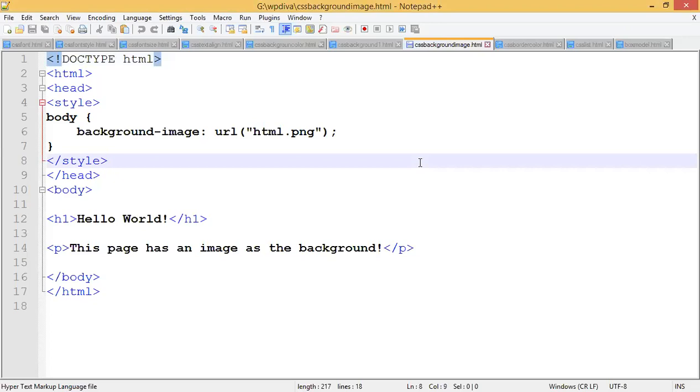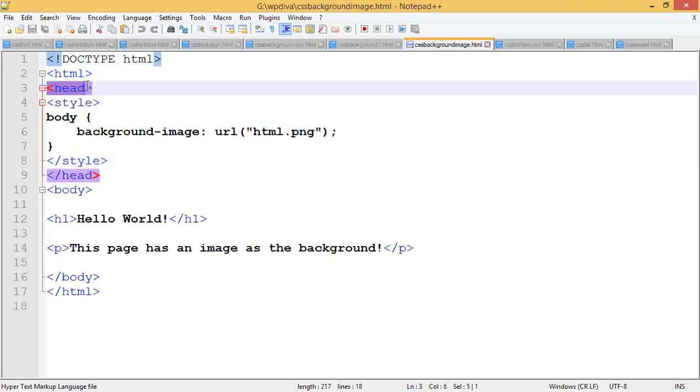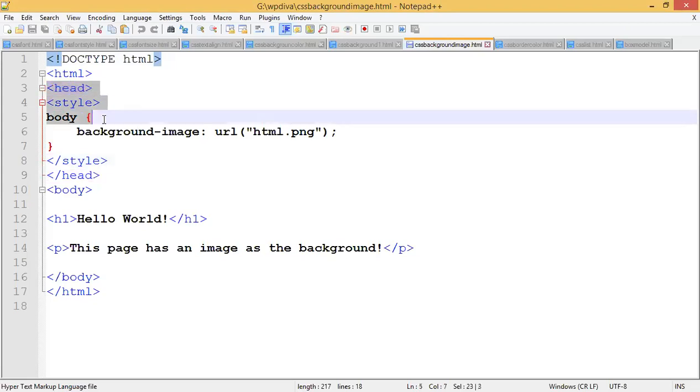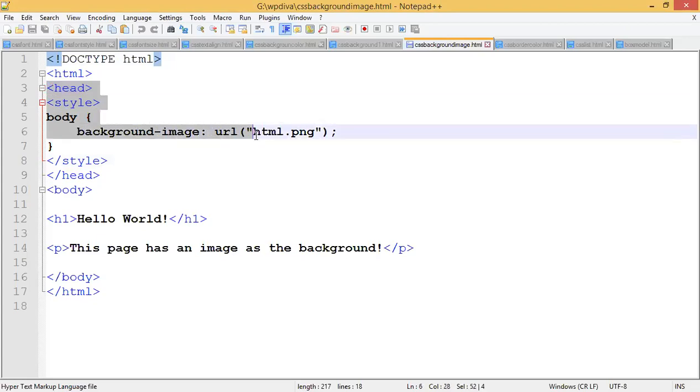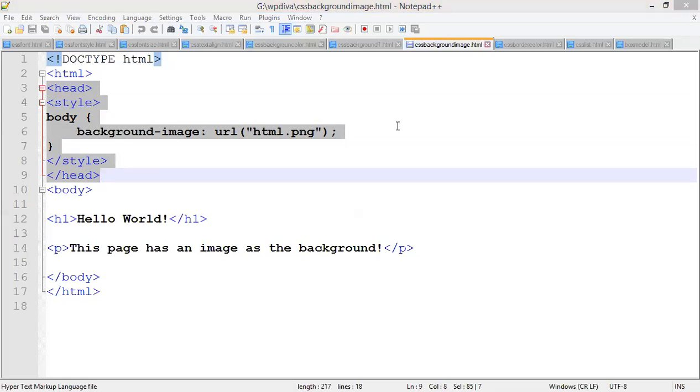Okay. So here I am writing this using internal CSS. See, in the head tag: head, style, body, background image, URL, HTML ping. So I complete the style tag, I complete the head tag. So this is which type of CSS, guys? This is called internal CSS. Why am I giving you multiple types of code? Because CSS is very important and you should understand how to write external, how to write internal, how to write inline.